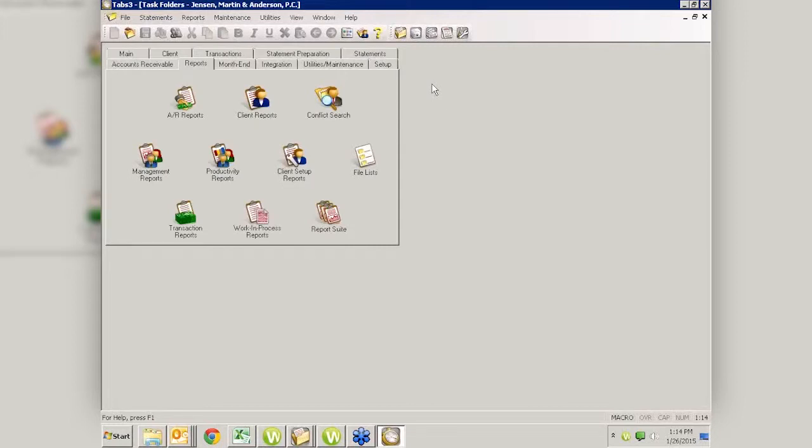Renumbering for a lot of different reasons. Now, the most common reason to renumber, as you know, if you're using Tabs, is that you bought a certain quote-unquote timekeeper limit. Let's say that you have a 19 timekeeper version. Maybe you only have 12 timekeepers, but perhaps you've got some old timekeepers in the system that are taking up those extra numbers,